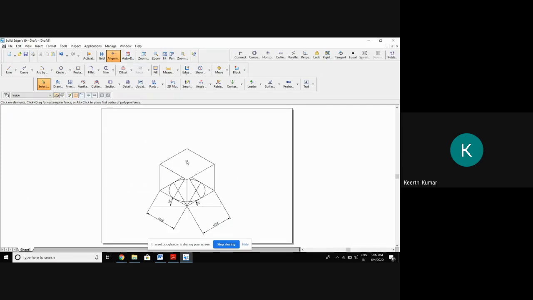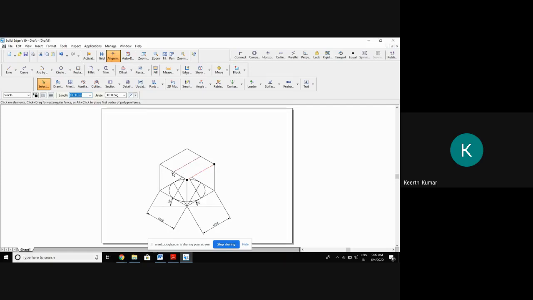I want to get an apex, that is vertex of the cone. Vertex of the cone, where it will be? It will be exactly center of the top box, correct? So let us find out the center first. How to find out the center for the top box? Midline, exactly mid of this, draw parallel to the boundary. That means the line what I had drawn here, this should be parallel to this line, the boundary.